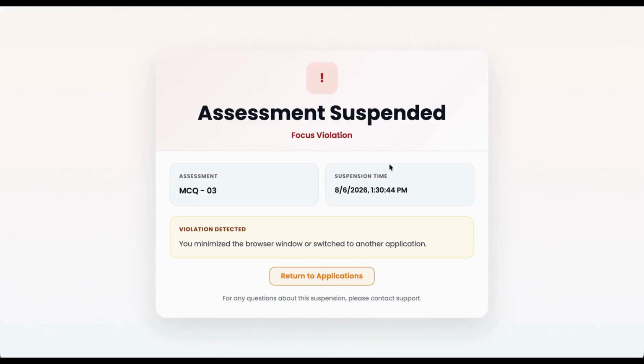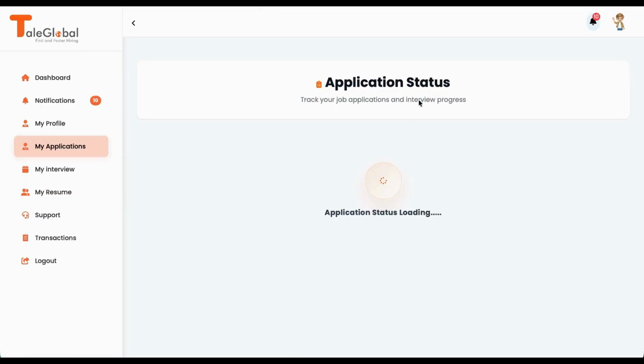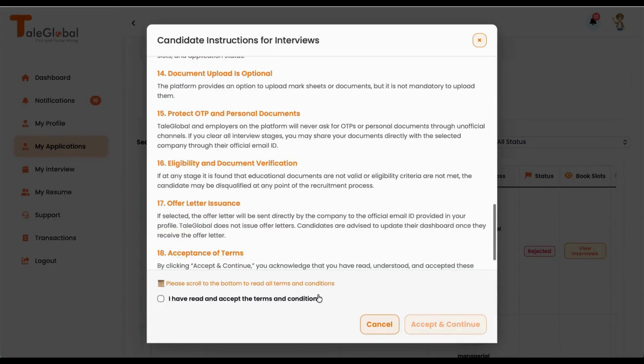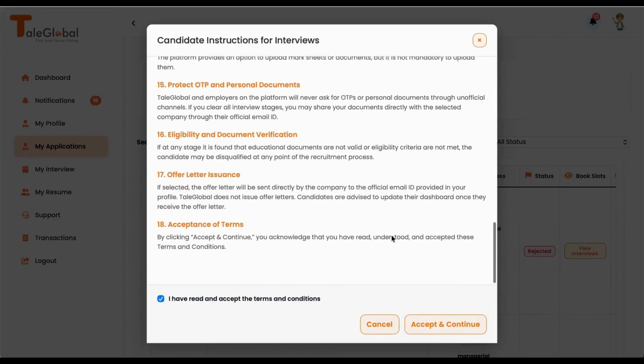In addition, all upcoming interview stages associated with that job application will automatically be marked as rejected. This means the candidate will no longer be eligible to proceed to any remaining interview rounds regardless of their previous performance or progress within the recruitment process. The suspension and rejection process is automatic and is designed to maintain the integrity, fairness, and security of the process